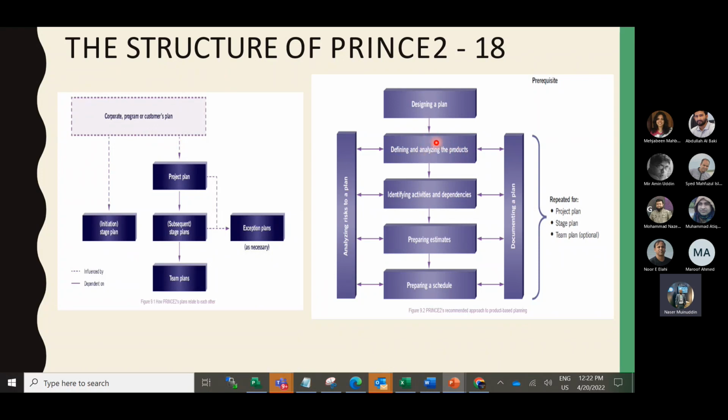Then you need to identify the activities and dependencies, prepare the estimates, and prepare the schedule of how long it will take. This part is very vital for creating the project plan. And finally, documenting the plan.